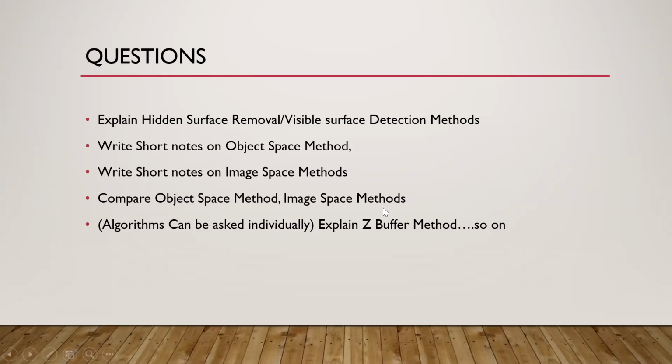And finally you have the binary partition tree, where you are dividing based on the position of the object, based on the front face of each object, into left branch and right branch, so that finally you get the surfaces which are visible to the user. And the last is the scan line, which follows the active edge list, scanning from left to right, then calculating the overlapping surfaces based on the flag set and the depth value at that particular point of time. So these are the methods we have learned today.